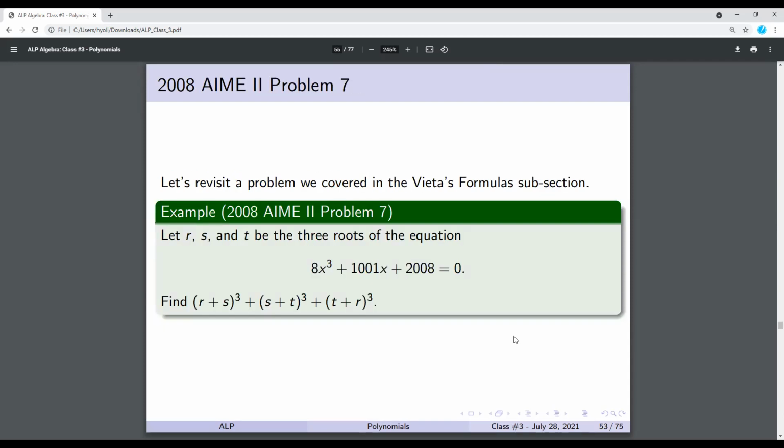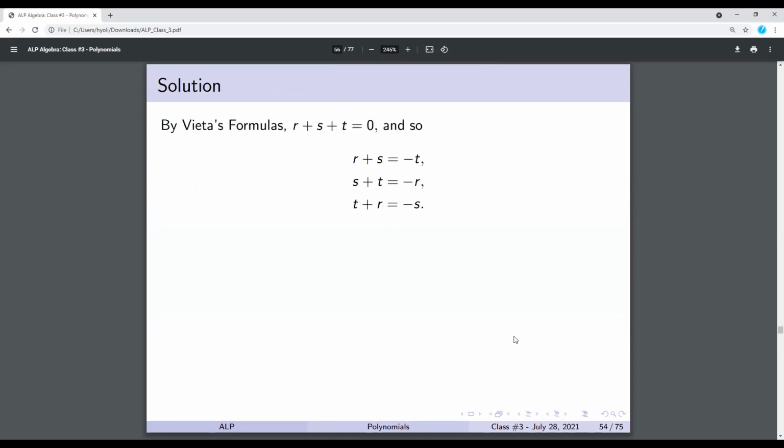So let's revisit a problem that we covered in the Vieta's formulas section. So r plus s plus t equals 0, and r plus s. This is how we solved it before. So if we think about how we can solve it this time,